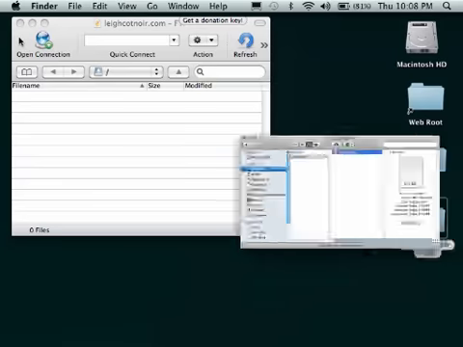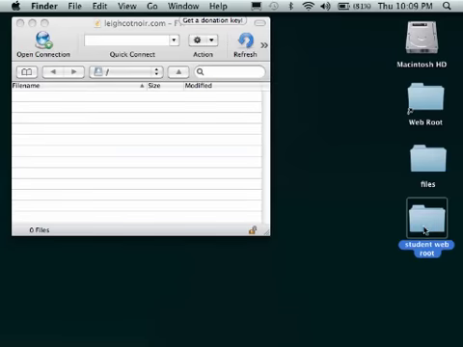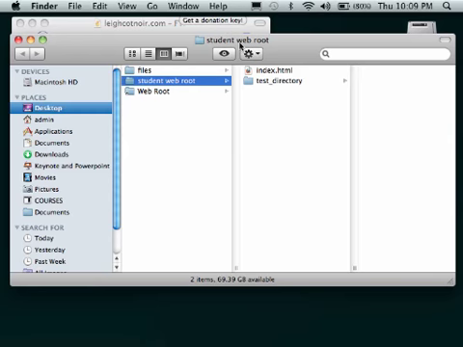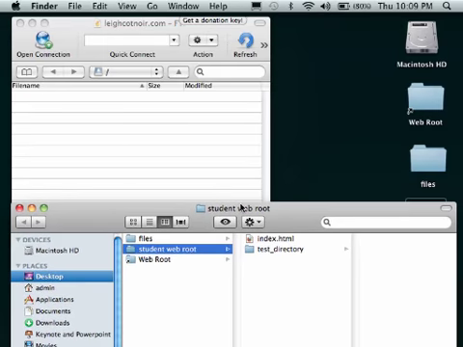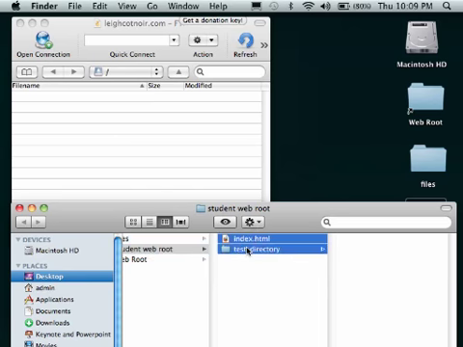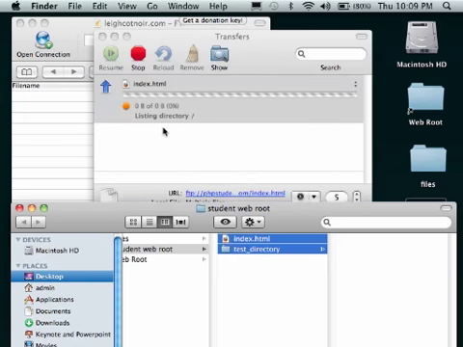Okay, so if we decide that we're going to upload those files, what you want to consider is that if this is sort of like your root directory on your computer for the project that you're working on in sort of its own universe, right, you don't want to upload the entire one. Okay, you don't want to do that. You don't want to upload the entire directory. You just want to upload its contents. So the root directory's contents would go to the root directory on the server. So in this case, I would select both of these files and drag them and drop them up onto the